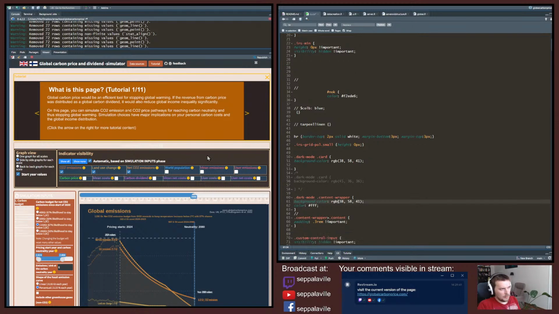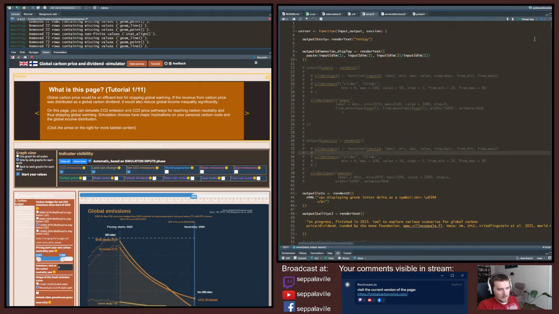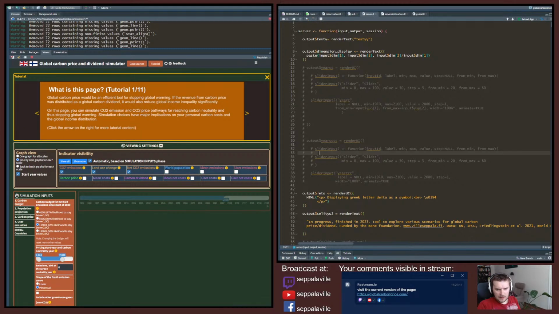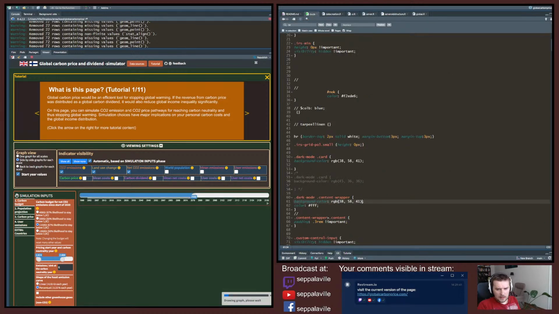There are a few of these things that don't really change with this. Is this the darkest green? Yeah, it doesn't look very dark. I could of course make it darker, but